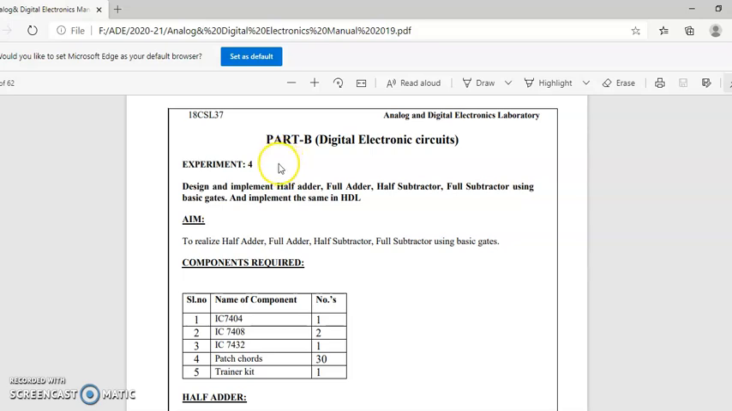Dear students, in today's session we will discuss the lab problems, part B, digital electronic circuits. In that, experiment number 4: design and implement half adder, full adder, half subtractor, full subtractor using basic gates, and implement the same in HDL. In today's class we'll discuss half adder and full adder, how to design them and how to simulate them